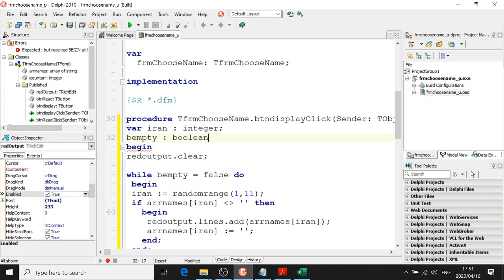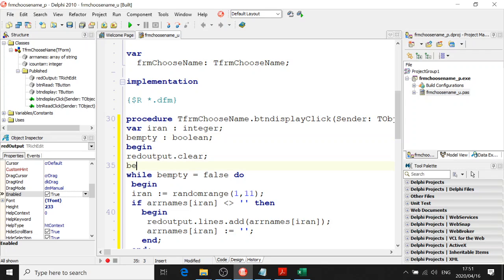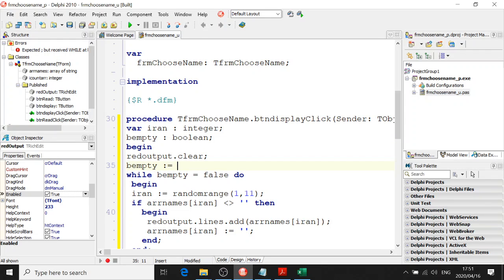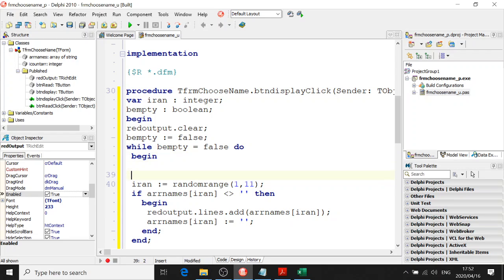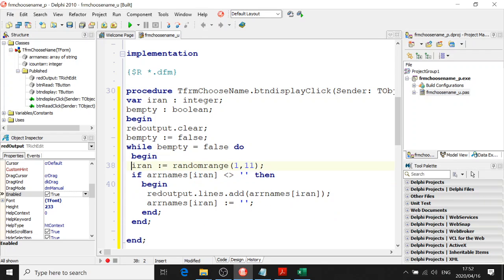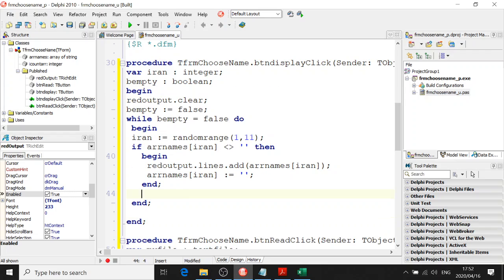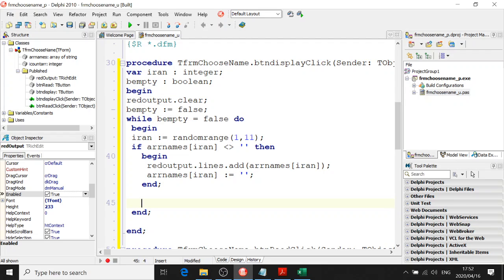If you want to do it a different way, if it works, this is one of those kind of problems where there are many ways to do something. Now my be empty, I'm going to use that Boolean variable over here. The first time we do this, we know that Rn is going to be a random number. So let's think about the first time. The first time we do it, we're definitely going to have a name going down. But what I'm going to do with be empty is I'm going to say